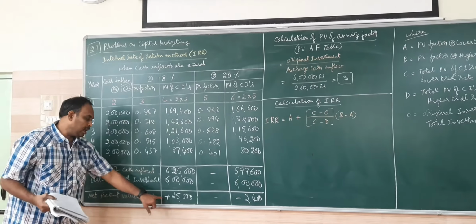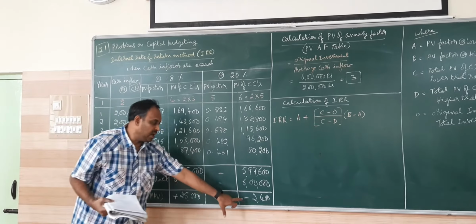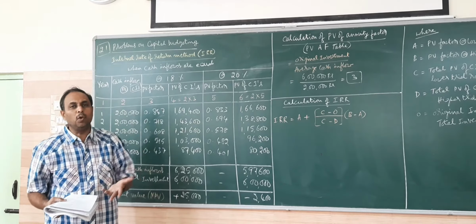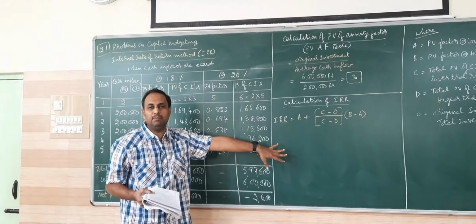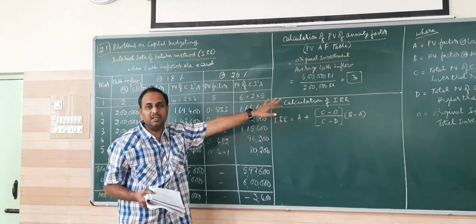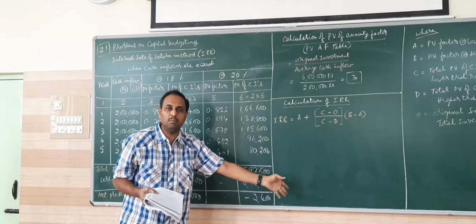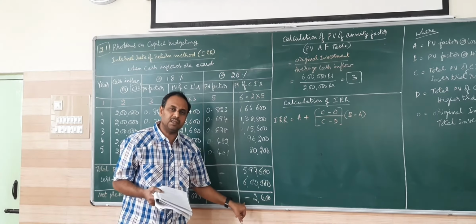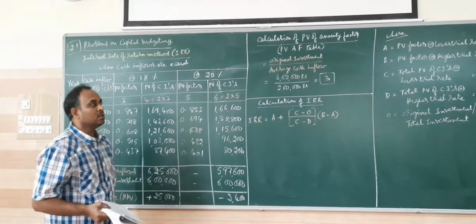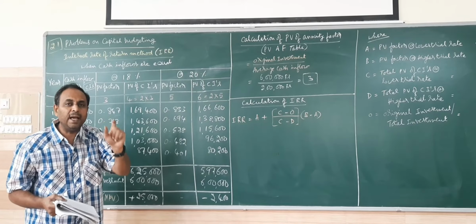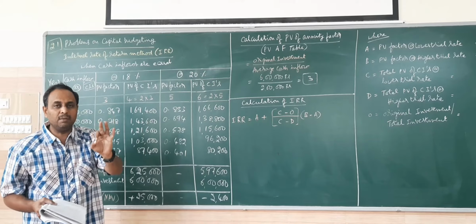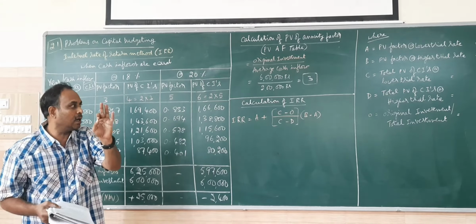So one NPV is plus, one NPV is minus. Suppose you don't get it, and both are plus, then you have to go for one more trial. By increasing the percentage, we have to work one more percentage till we get a minus. That is going to be good. We also have another name for IRR, called the trial and error method. Trial and error method is also the same as the IRR method.